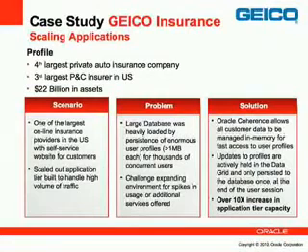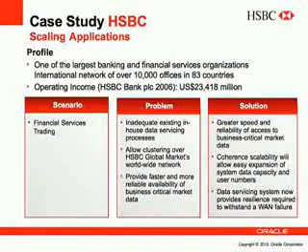GEICO, an insurance company, had an application which had very large user profiles, over a megabyte, and they were persisting these in the database, but it just didn't scale. Even though they threw more tin at it, it just didn't scale. Now, they could have re-architected their application to reduce the size of their profiles, but using Coherence in a tactical way, they were able to put that information into a Coherence in-memory cache and scale their application up. So they could open up their application to more users, to enable them to perform more operations online and reduce the cost of processing, without actually modifying their application.